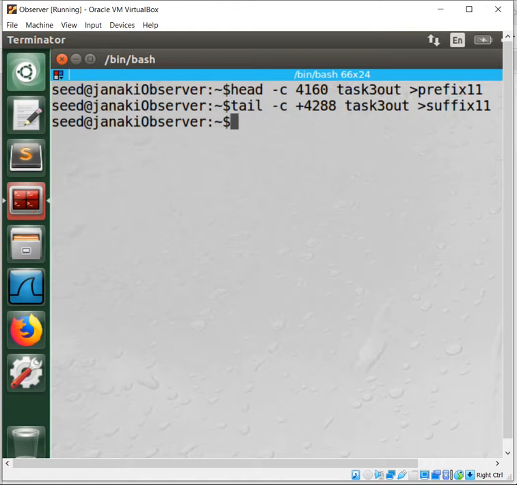So now I have two files, one prefix and another suffix. In between, I left those 128 bytes.